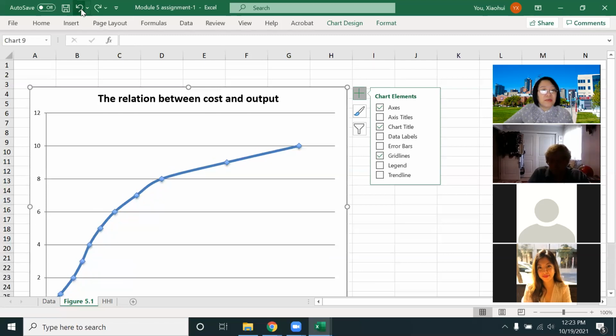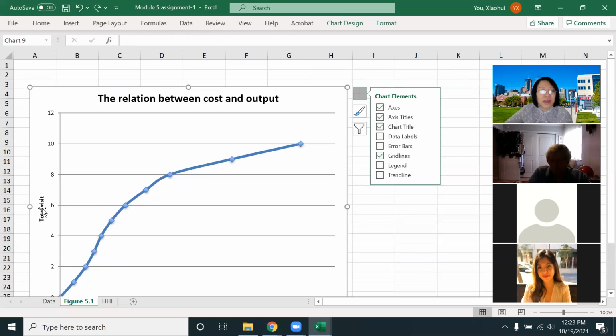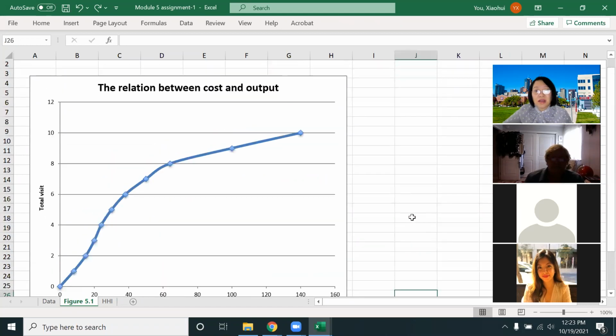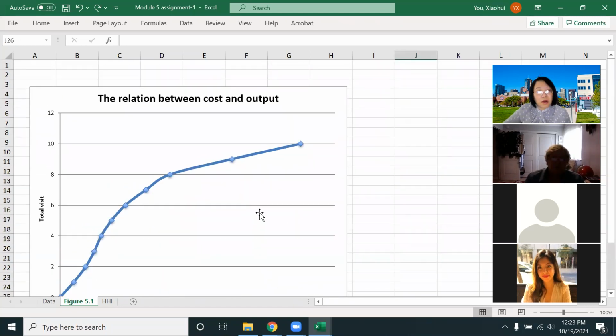So let me just maybe go back. This way, you just type the title and mark the x-axis title and y-axis title. And another thing is, honest to you, it's not easy to get this graph, because normally when you try